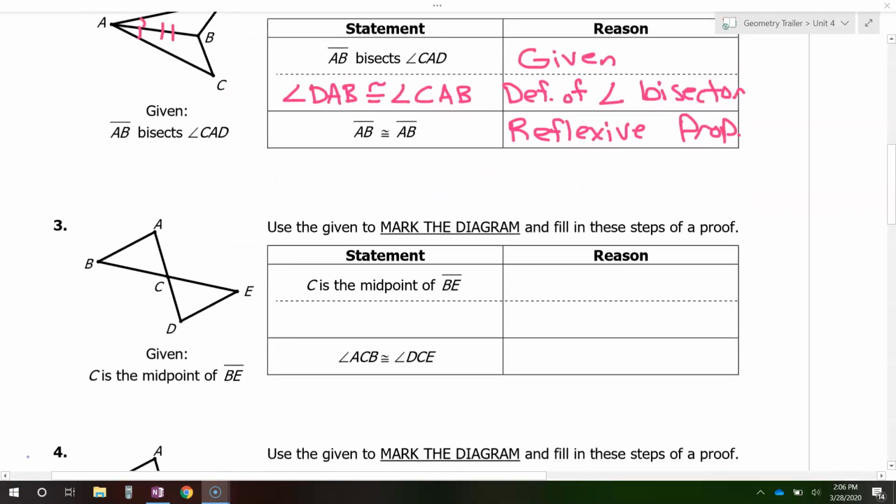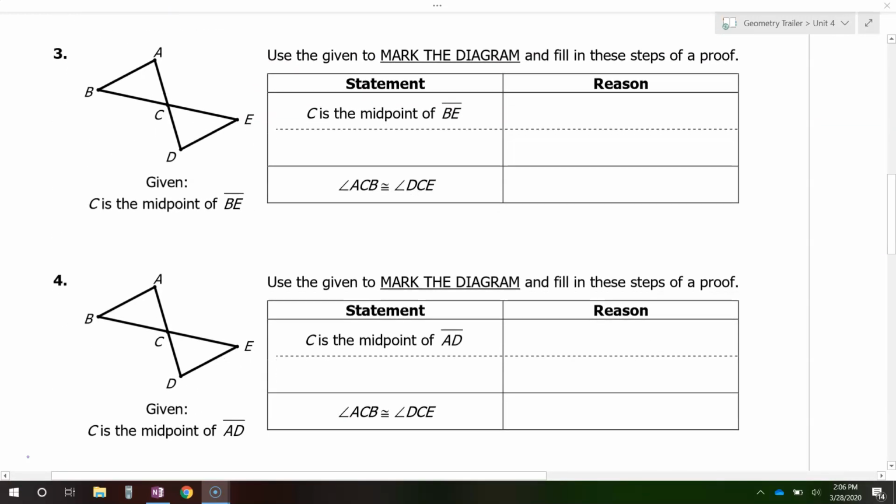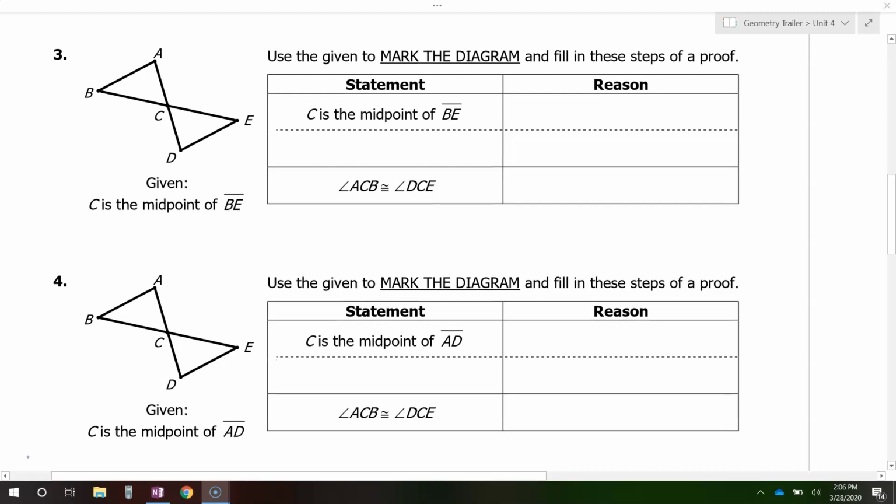Okay, moving on to problem number 3. C is the midpoint of segment BE. All right, so that is clearly given. Now, how do I mark that on the picture? C is the midpoint of segment BE. Focus on the BE part for a moment. So this is segment BE right here. If C is the midpoint of that, that means that this side over here is congruent to